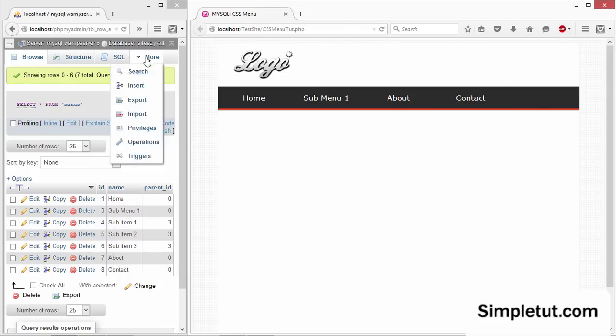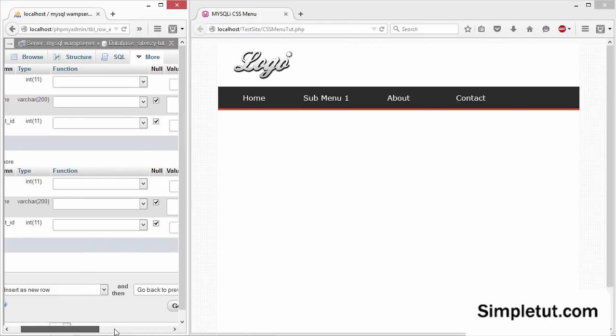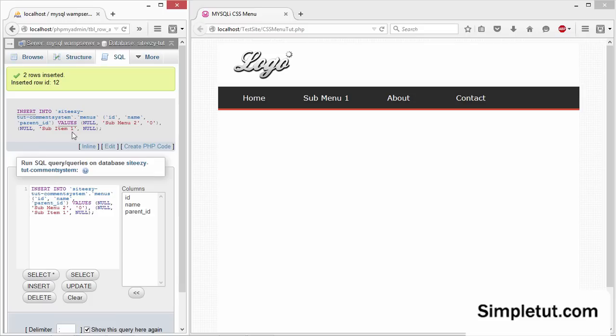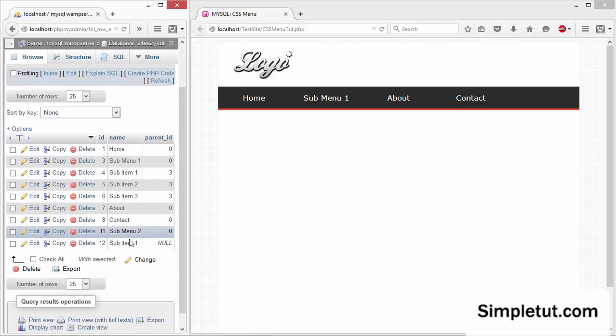So in the same way, if I add another option on the menu, so I'm going to insert another record, and I'm going to insert again sub menu 2 with the parent ID of 0 because it's going to be an option on the main menu, and then I'm going to create a sub item 1, and this is going to appear as a sub menu to this. So let's just click on go, come back and browse the table, and as you're going to see, it's created 2 new records